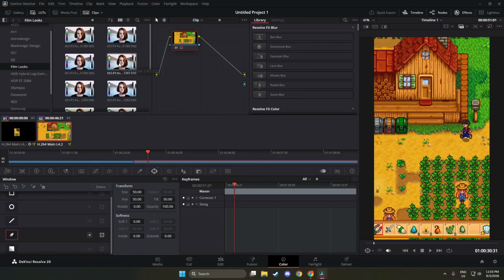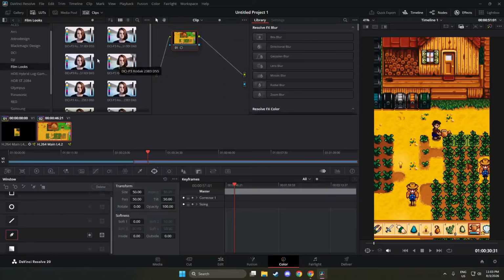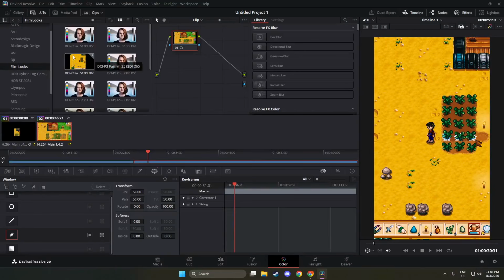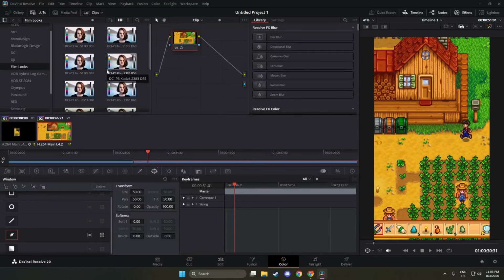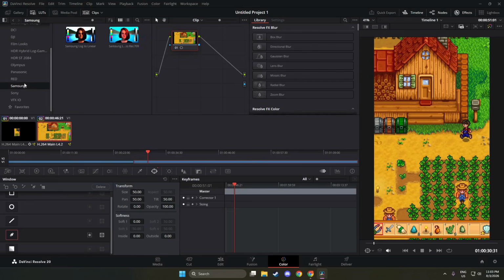From there, browse to the LUT you want to use. Click through the folders one at a time, for example a folder called Film Looks or Rec 709, until you find a LUT that matches the style you want. The names often hint at their purpose, such as camera conversion LUTs that fix log footage, or creative LUTs that add a strong mood. Hovering your mouse over different LUTs lets you see their exact names, which can help you